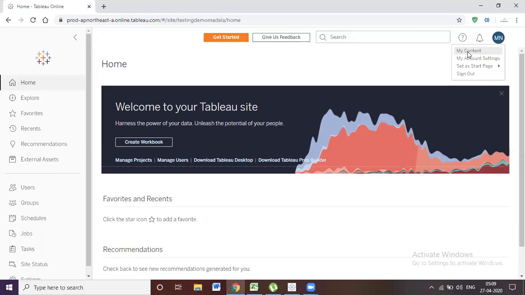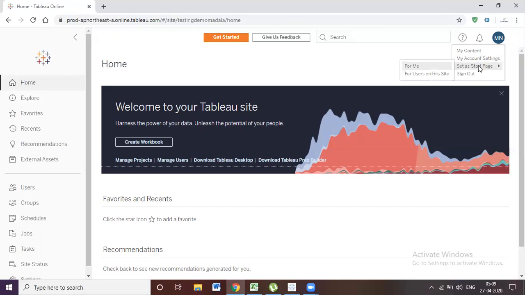And here, My Account Settings, right? This is not the site account settings, this is your personal settings, whether you want to change the time zone or the locality, or anything else you want to change, you can use My Account Settings.